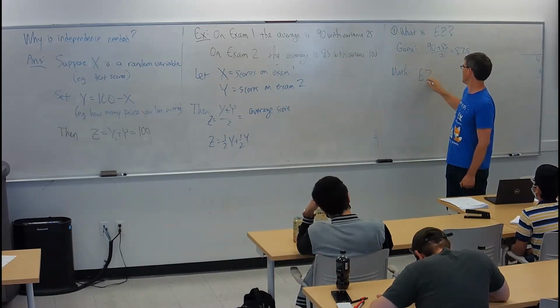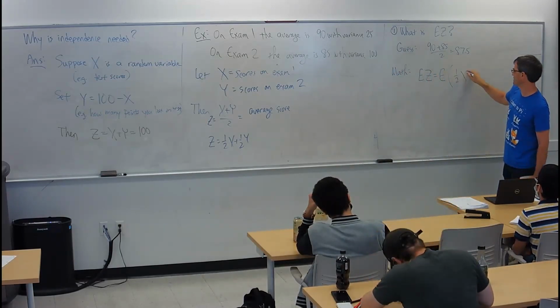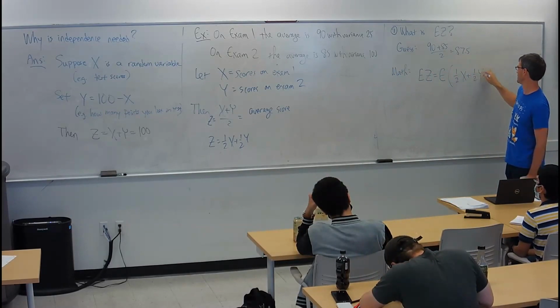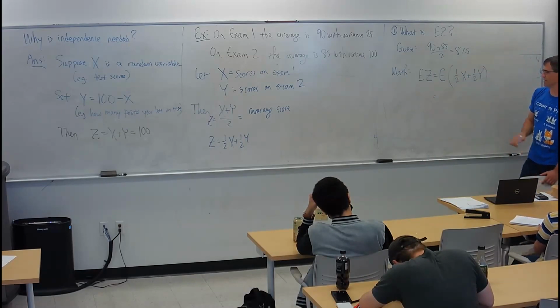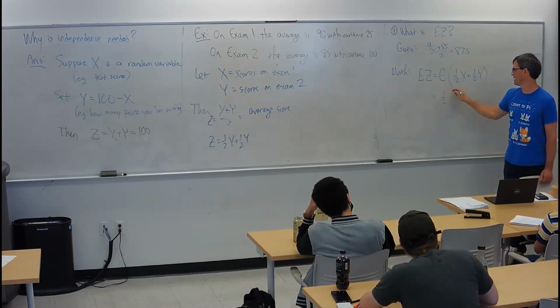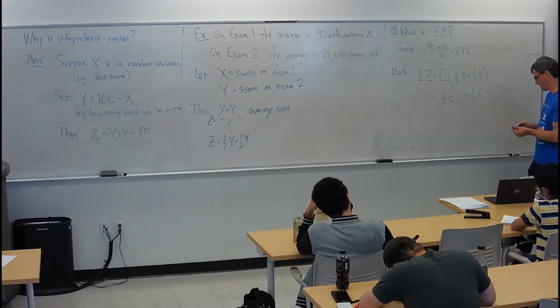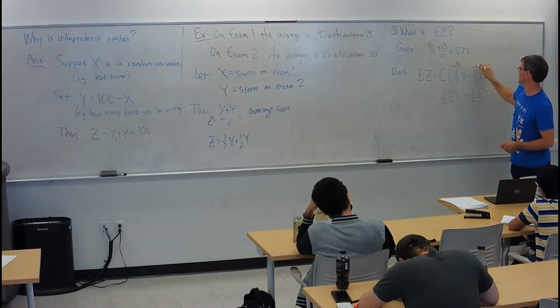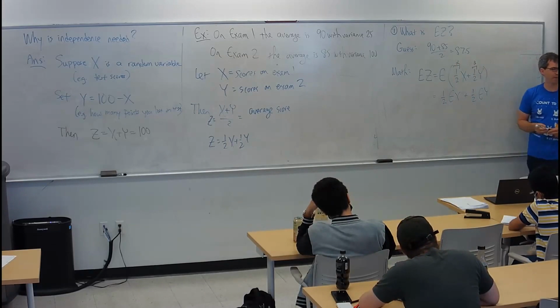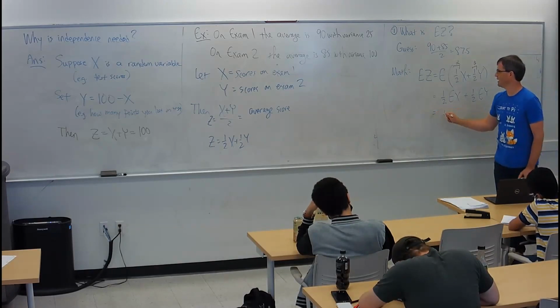So the expected value of Z is the expected value of 1/2 X plus 1/2 Y. And the formula we saw earlier said that would be 1/2 EX and 1/2 EY. And the reason for that is that this was what was called alpha, and this was beta. And we were able to take the alphas and the betas out and separate the sums. So that's 1/2 of